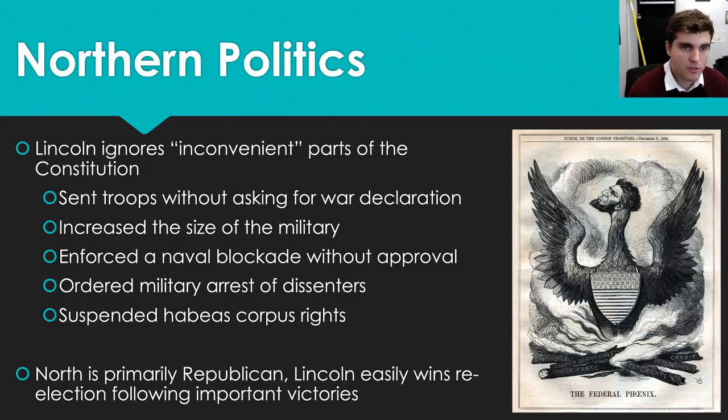He sent troops without asking for a war declaration from Congress. He increased the size of the military. He enforced a naval blockade without approval. He ordered the military arrest of dissenters. He suspended habeas corpus rights, which is basically the requirement that a person must appear before a judge,